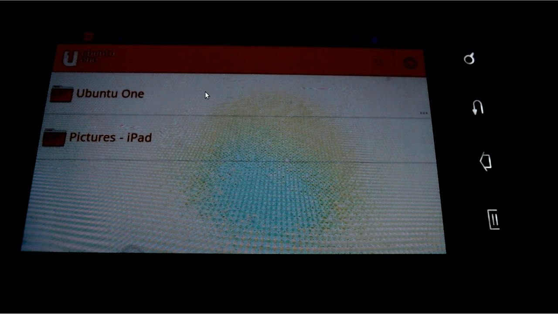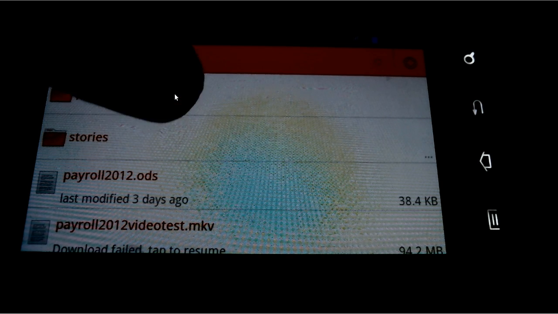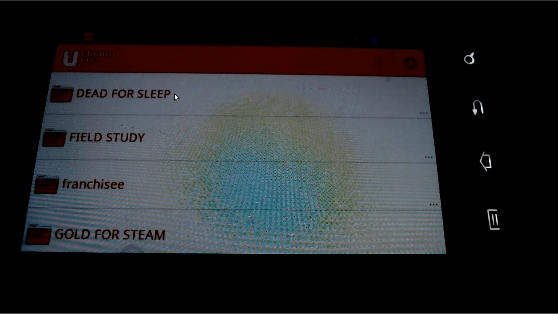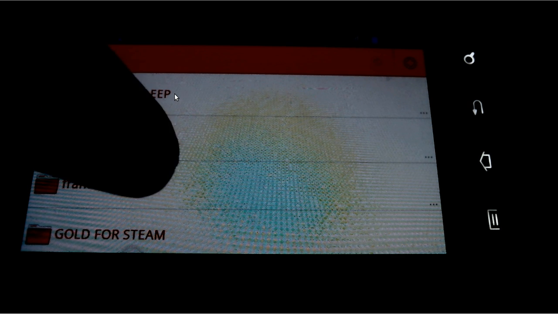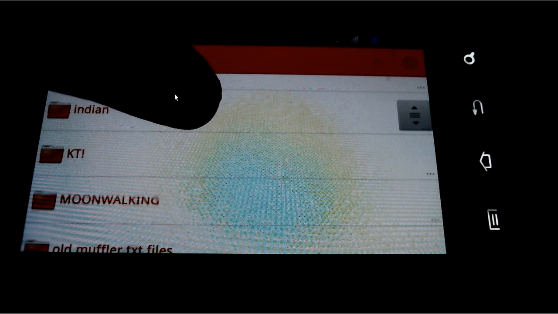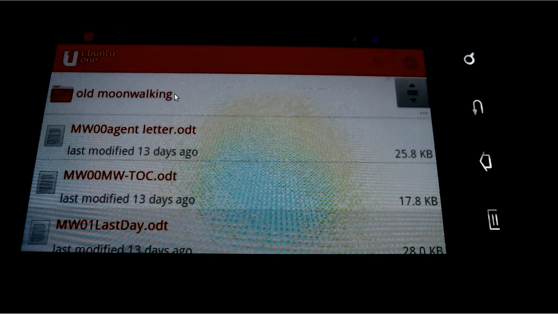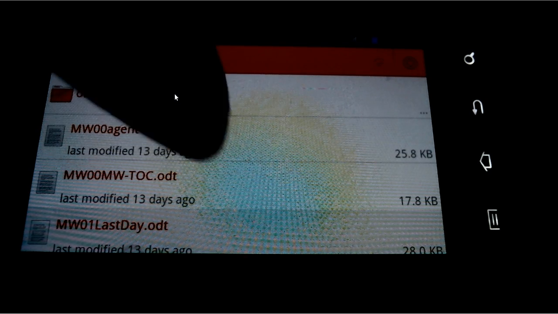And it takes a minute. There's Ubuntu One. And when I tap on that, it shows everything I've loaded to my cloud. And use copies, whatever you do. Let me find something. Actually, these are